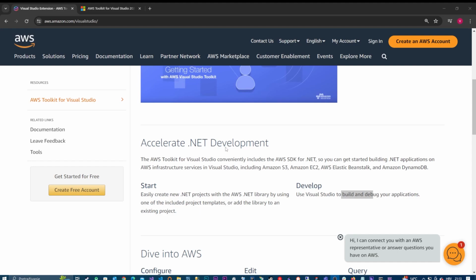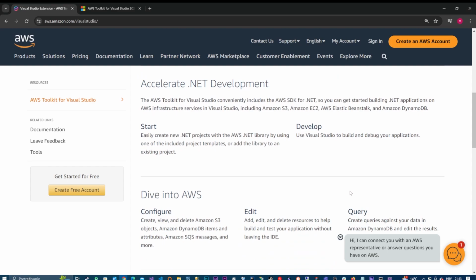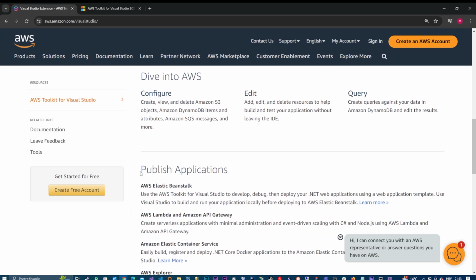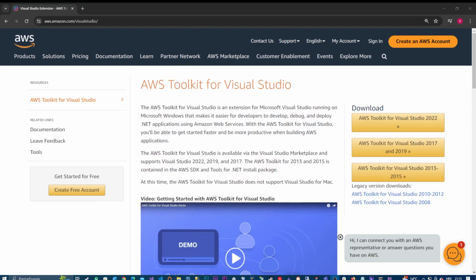So it includes project templates. It allows you to build and debug your applications. You can, for example, create, view and delete Amazon S3 objects, Amazon DynamoDB items, Amazon SQS messages, and much more services. So a lot of services are actually supported. You can add, edit, and delete resources, query some data, and actually you can publish your applications just from the Visual Studio. So let's go ahead to